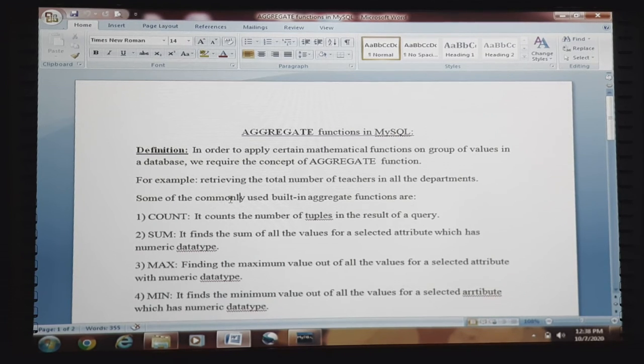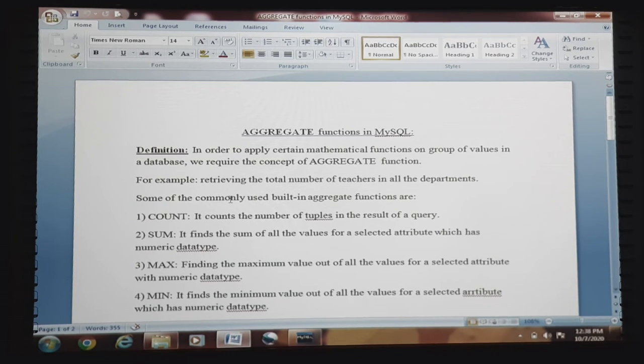Suppose two relations are there, one with the department as name and another one as teacher. Now, in order to find out the total number of teachers in all the departments, we need to go ahead with the concept of aggregate functions.